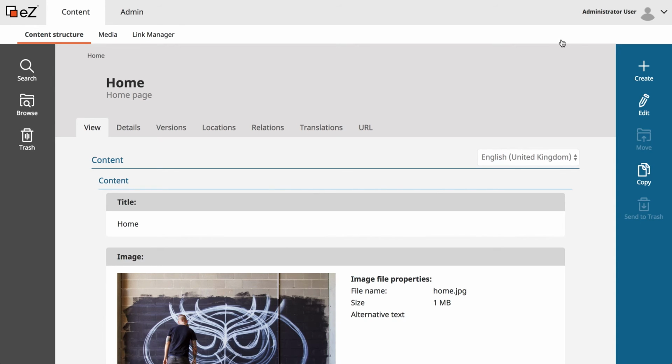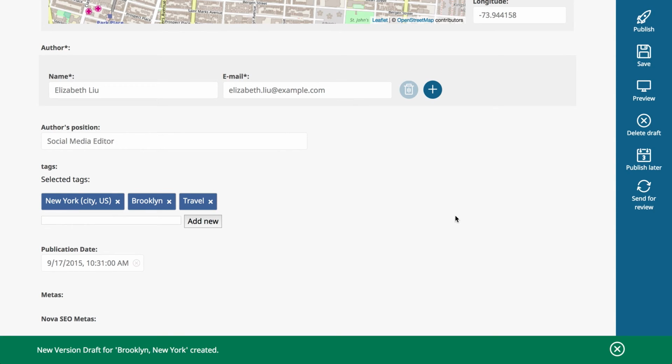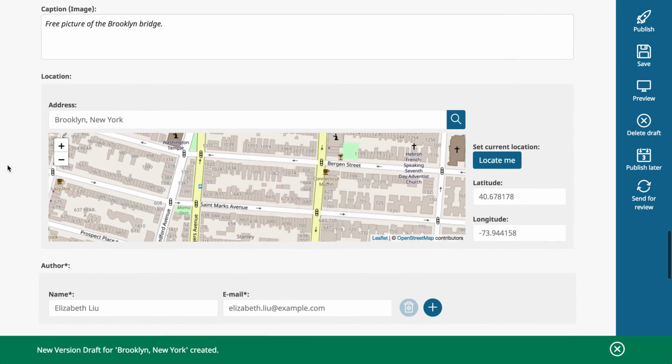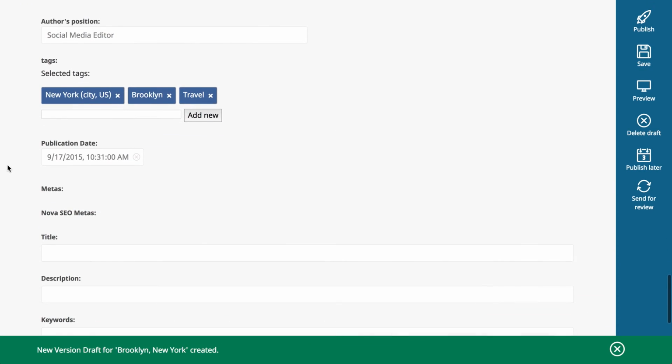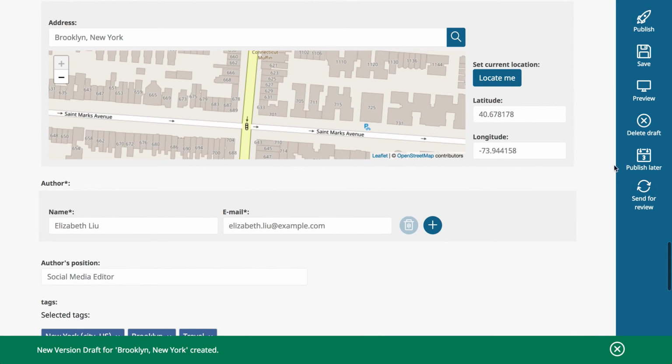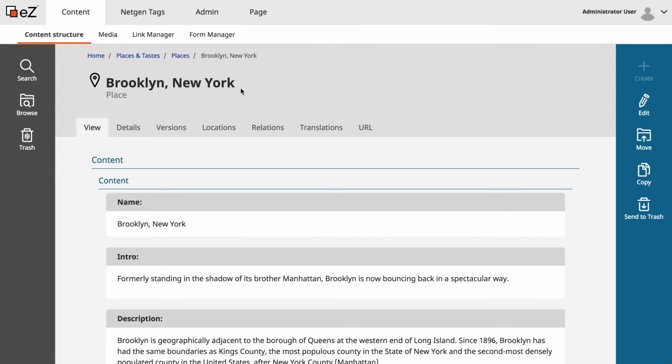Not only the default field types, but also some key field types from the community, which we love, have been ported by community members such as NetGen or Novactive. So for instance, on this other installation of version 2, we have the NetGen tags as well as the Nova SEO bundle, which has been ported, and you can use those content types now with version 2. I'm here on an enterprise edition, so you can see that I also have the page mode and I also have NetGen tags, which come in the interface, so you can use this.